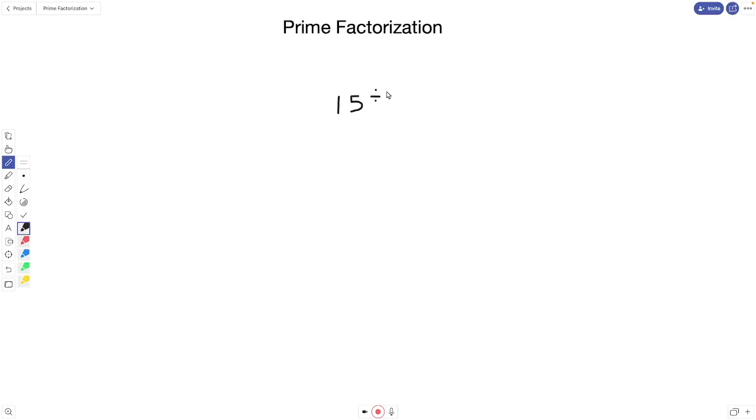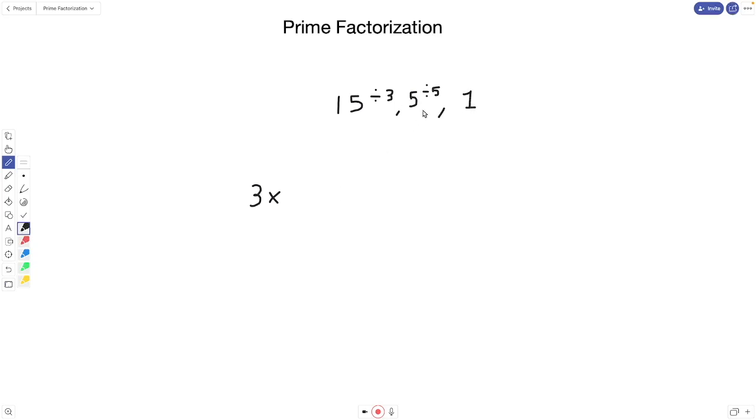Let's start the question off by dividing 15 by 3. That would give us 5. And we are going to write in our answer 3 with a multiplication sign next to it. Now, moving on. We decrease the number. What is the lowest number that goes into 5 besides 1? It's actually going to be 5 itself. There's no other number. So we divide 5 by 5. We arrive at 1,